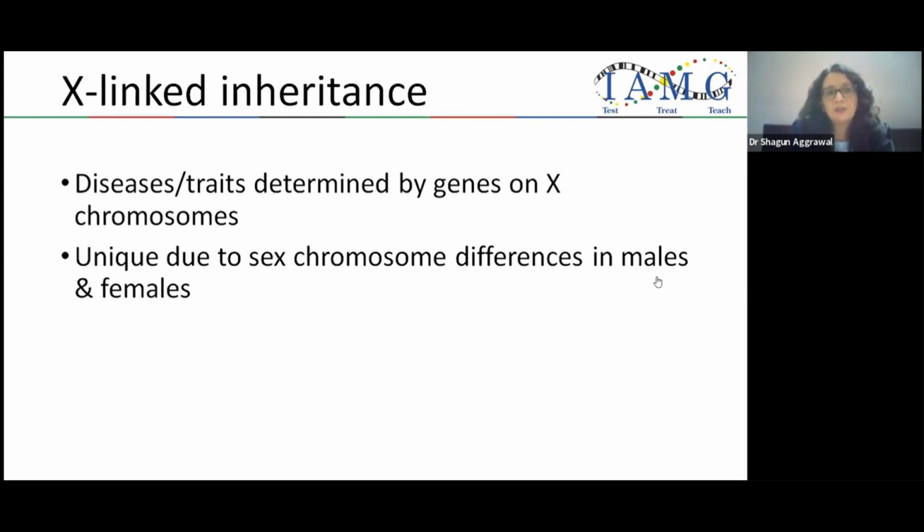So now let's move on to the inheritance pattern per se, which is the X-linked inheritance. Diseases said to have X-linked inheritance are conditions determined by genes on the X chromosome. Because of the difference in the sex chromosomes between males and females, there would be a unique pattern of manifestations in males and females, and you would see certain inheritance patterns or specific features when you look at a large family where this kind of condition is